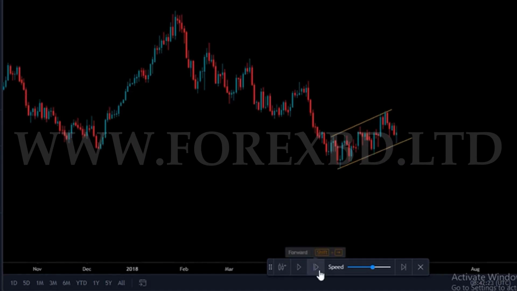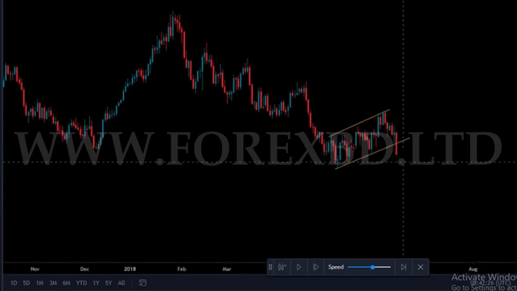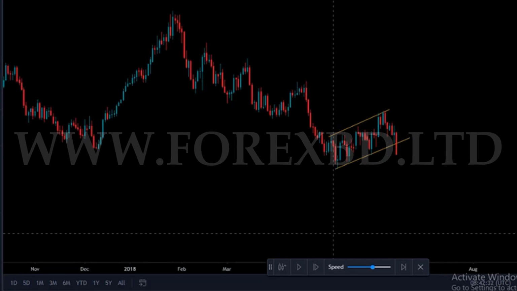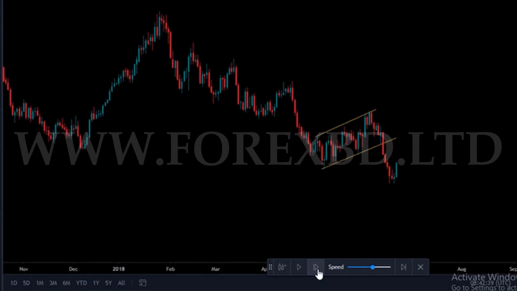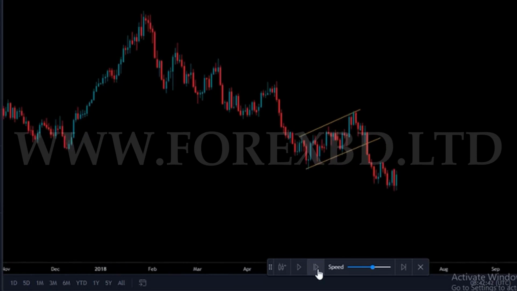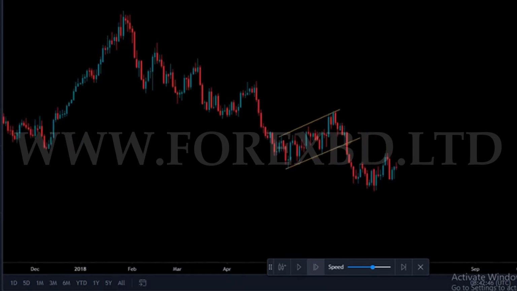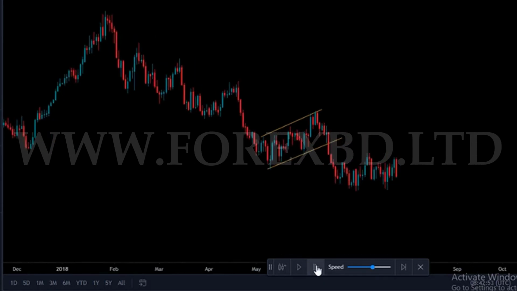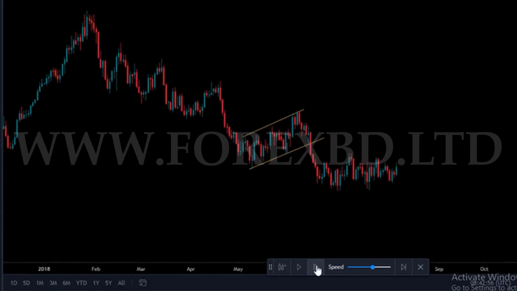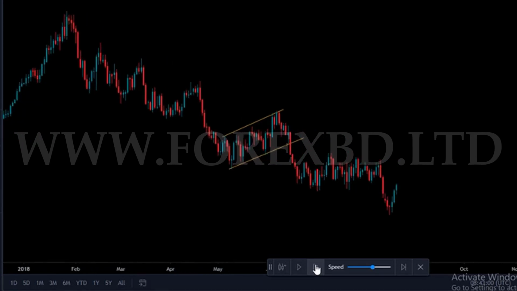So now you can see that our trend line broke out very strongly in the market. Since the market is in a downtrend and has broken out of the lower trend line according to the bearish flag pattern, you can take a sell entry from here. And you can see that the market has come down very easily. So we said that the market will be in a downtrend according to the bearish flag pattern, and by creating this pattern it will come down again.